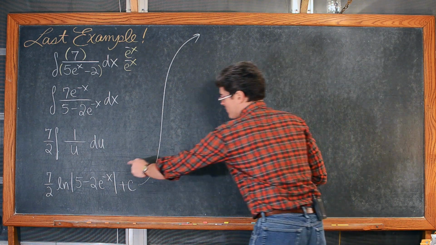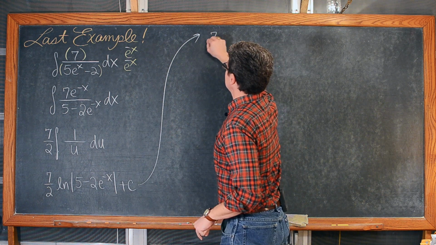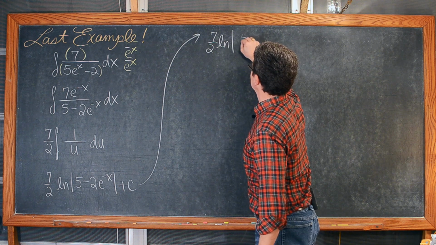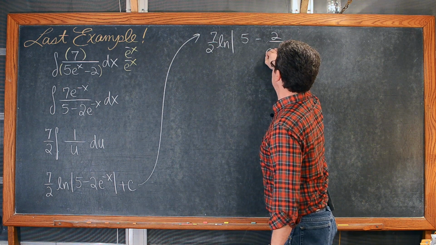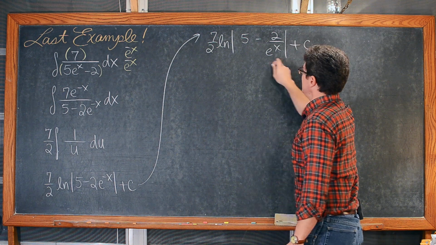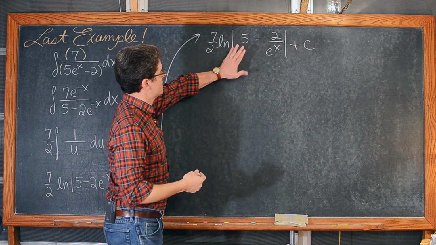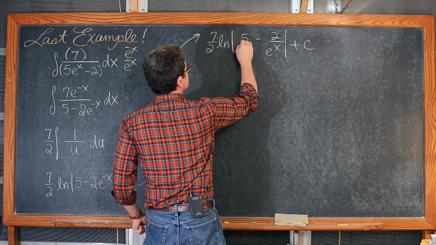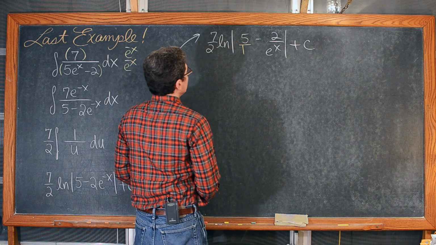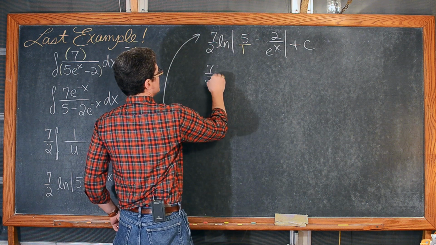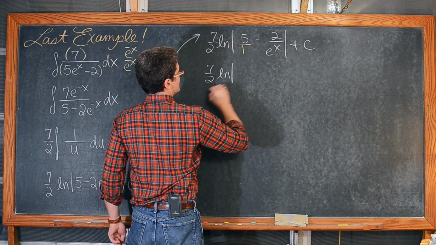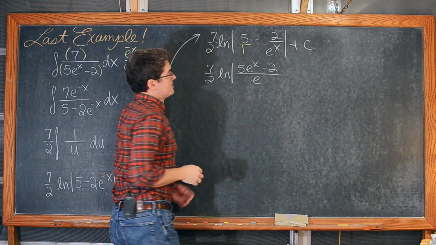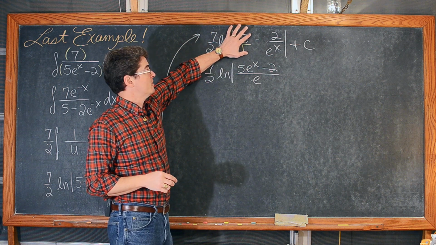But if you want to get rid of that negative exponent, then that would be 7 over 2 times the natural log of the absolute value of 5 minus 2 over e to the x plus c. We need to find a common denominator so we can combine these two terms. Or maybe that's how you see a solution somewhere, but you could put this over 1 and write this as 7 over 2 times the natural log of the absolute value of 5e to the x minus 2 over e to the x, just multiplying the numerator and denominator by e to the x,